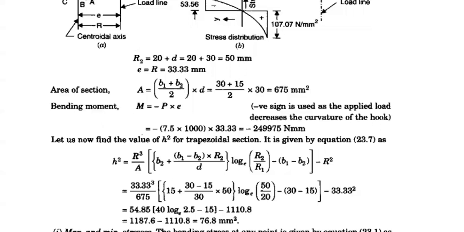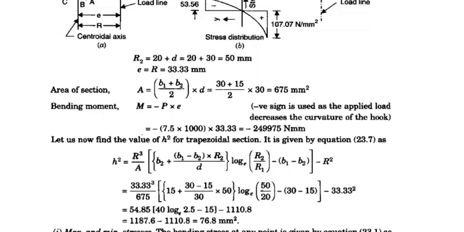This is a very easy problem because you already know the standard cross section problems. That is why I told you at the beginning of the section that if you know the standard cross section problems step by step, then the remaining problems are easy. I already mentioned this at the beginning of the classes while discussing the derivations. The h square value depends upon the cross section. Here the cross section is a trapezium, so write down the formula for the trapezium h square value directly.